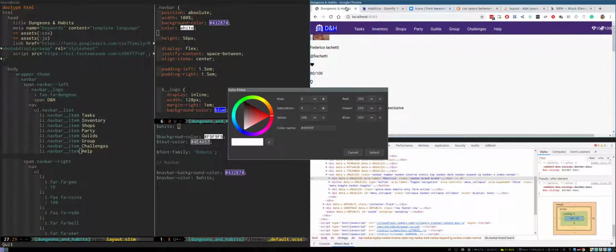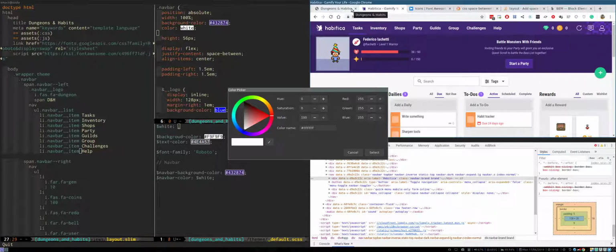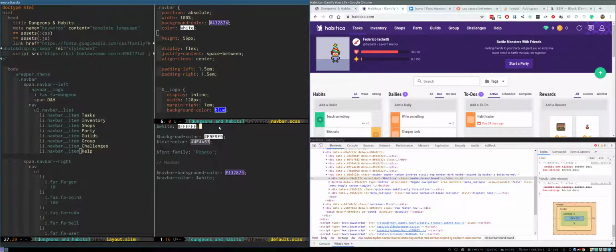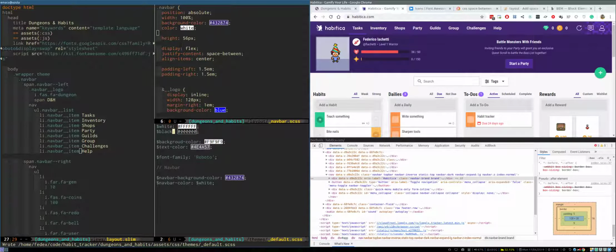Oh, it is white. Okay, okay. Let's say that white is actually white for now, but I will create a variable for that because I want white and black to be pseudo colors, or to be off white and off black. But for now,